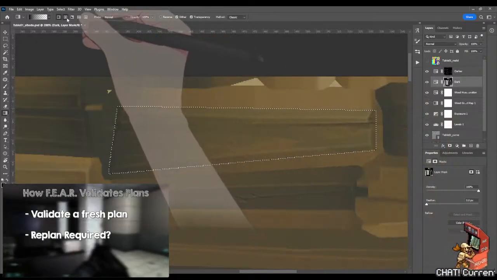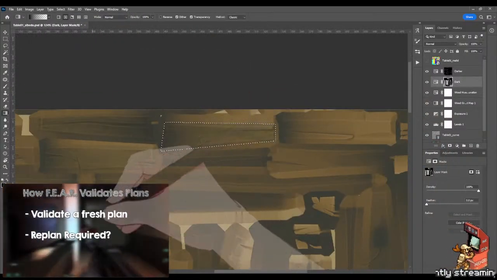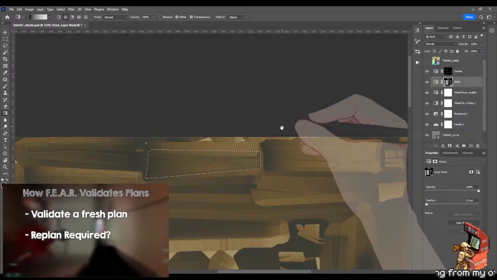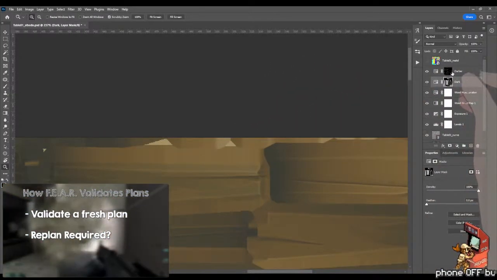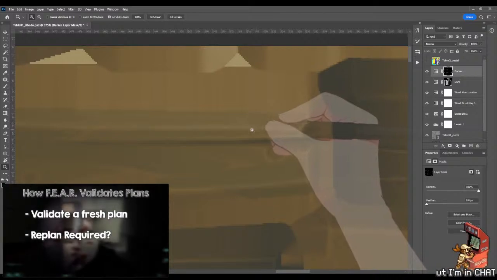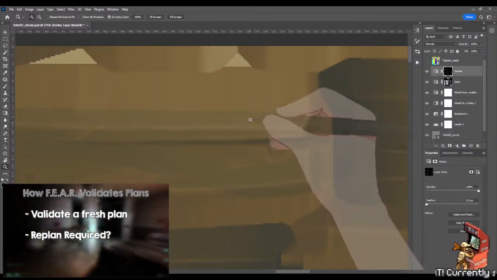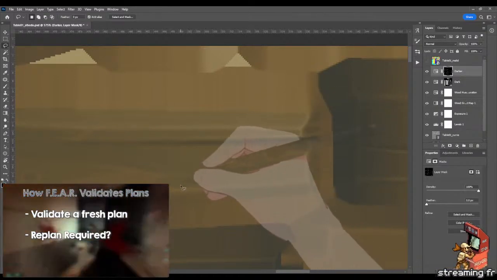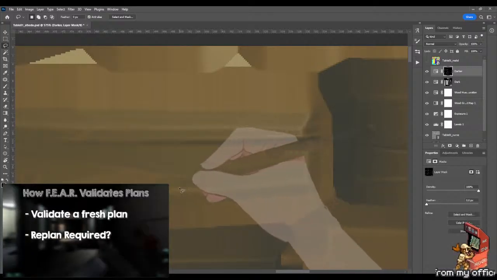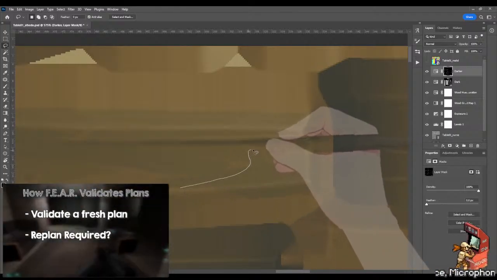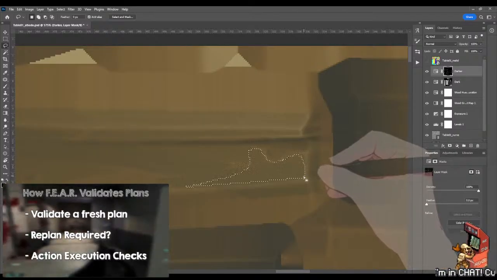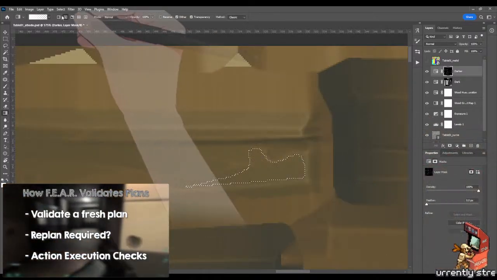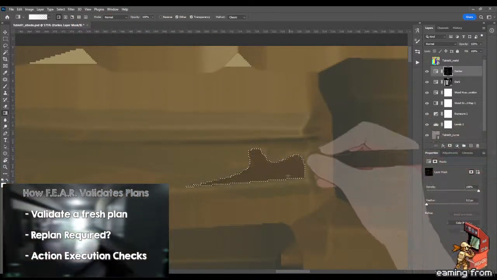Secondly, each goal can override the replan required function, which continually checks whether the current plan should be abandoned and a replacement one be retrieved from the planner. A good example of this is when an enemy character is shot while executing a plan to satisfy the kill enemy goal. However, this is only allowed in the event the character is not executing an animation that cannot be interrupted. Lastly, each action in the plan needs to be validated again during execution, with preconditions and effects being checked.